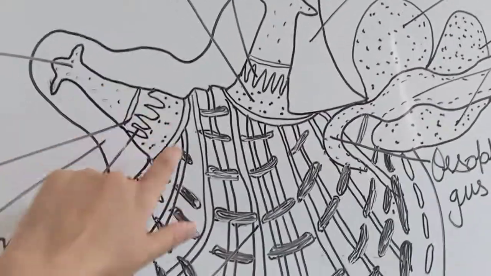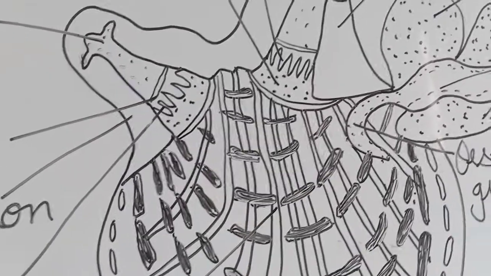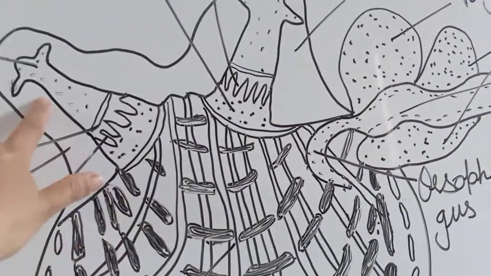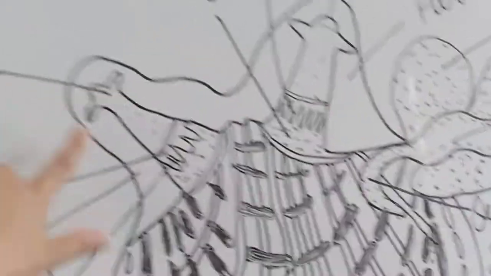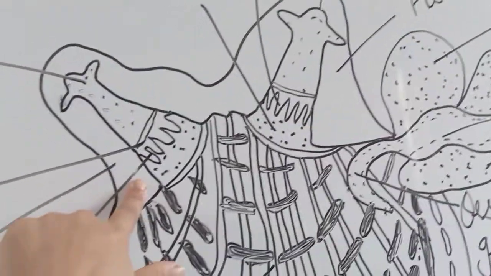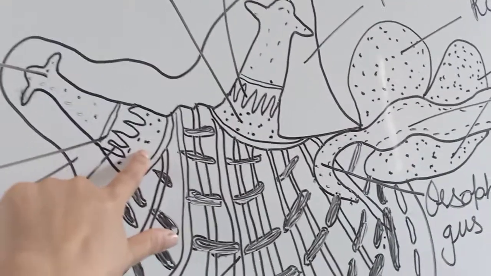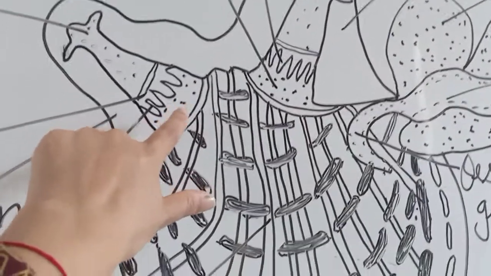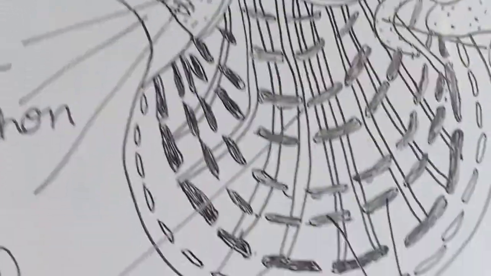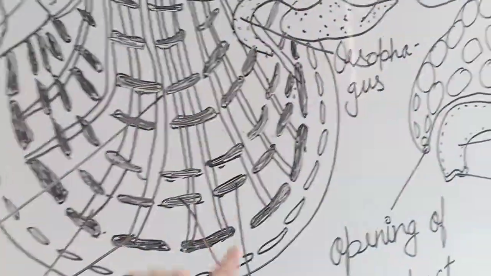Now after this, some tentacles are present. These tentacles remove the largest food particles, which are thrown outside from here, through the mouth, and the smallest particles enter through the tentacles inside the buccal cavity. This is the buccal cavity. Through the buccal cavity, these food particles enter into the pharynx. You can see here, this all is the pharynx.